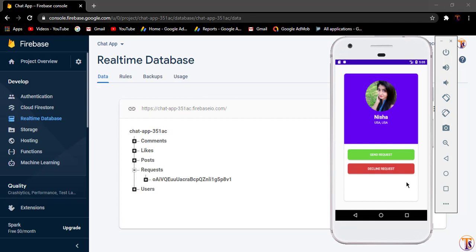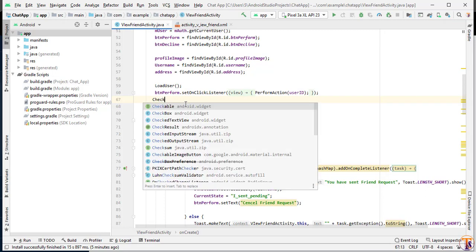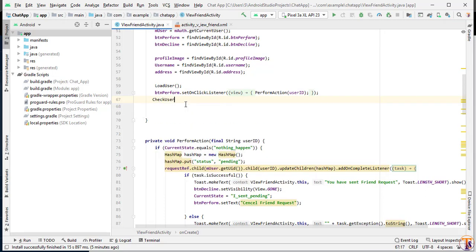First we need to check from the Firebase database whether we have already sent a friend request or we are friends with each other. Then we have to update the current state. So we will create another method, check user existence, and in this method we will pass our user id. Press alt enter to create this method.